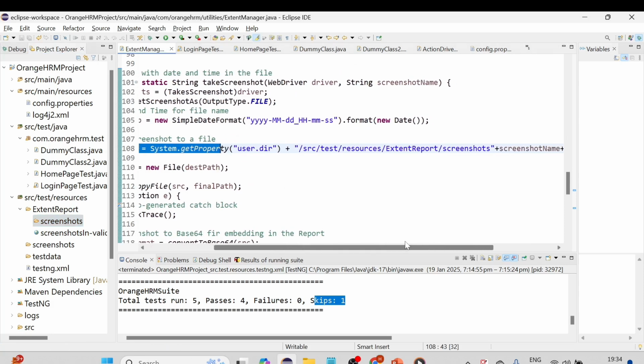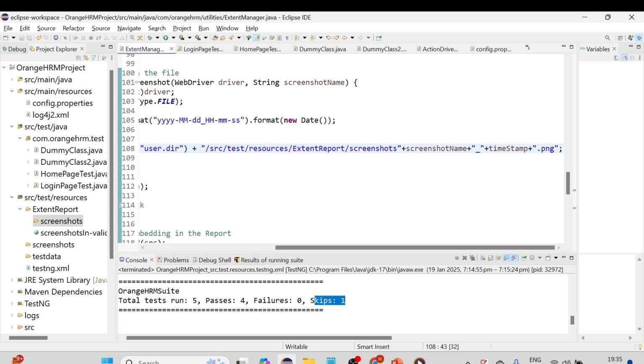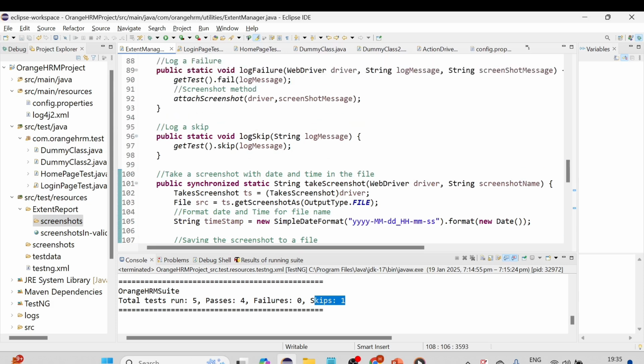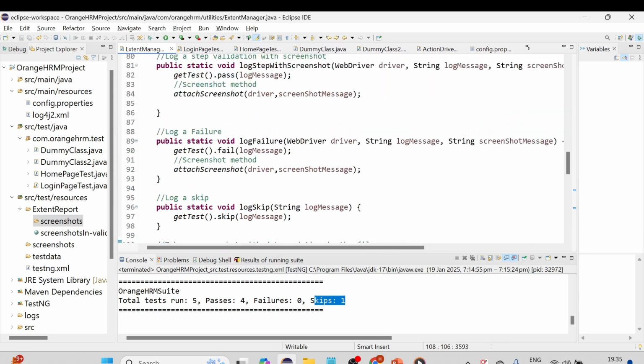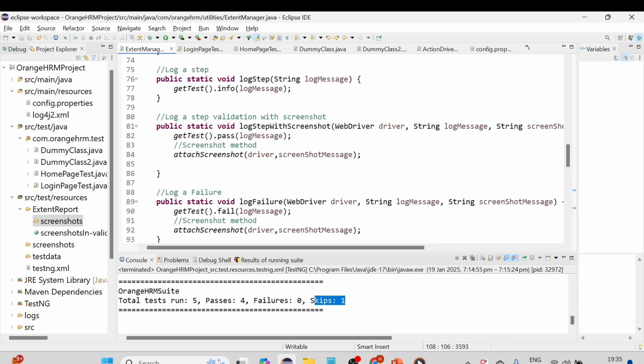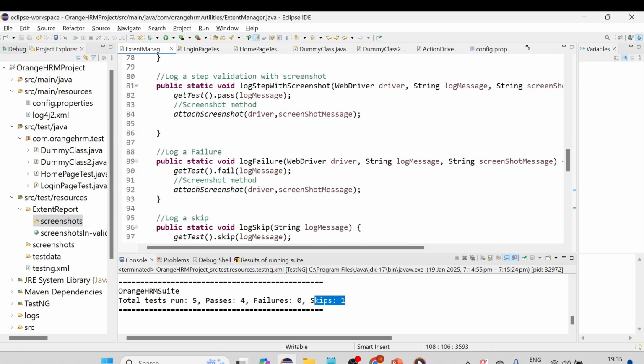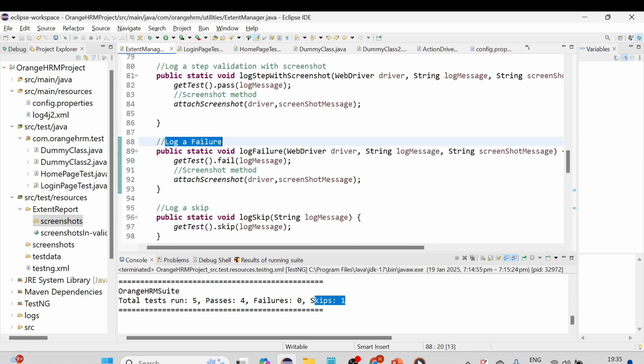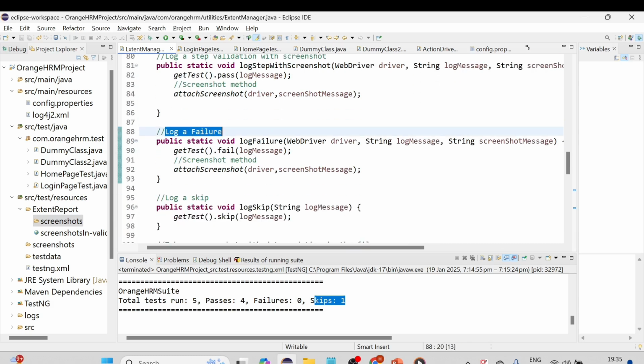So you can see here it is looking good. I think here we are missing the forward slash. Now this is fine. Now we'll do one more thing, guys, which we forgot. When the test case fails, in log failure, what we'll do is write that